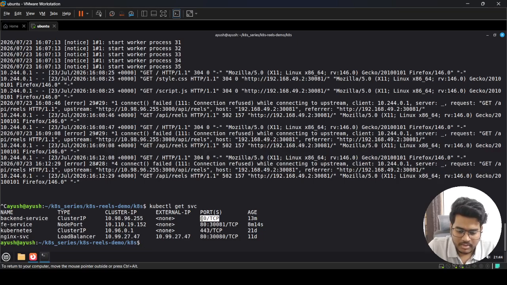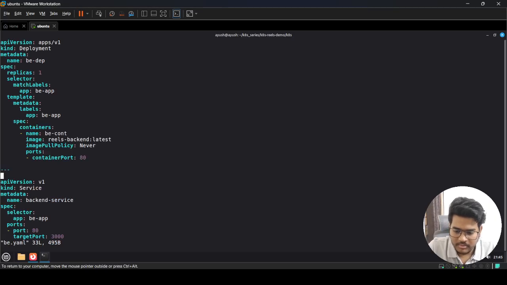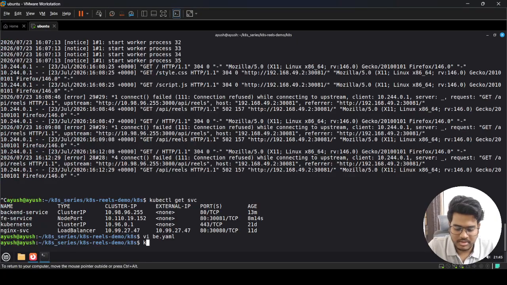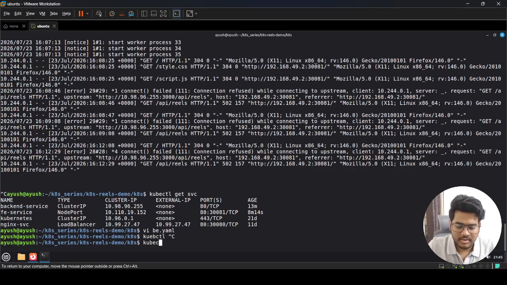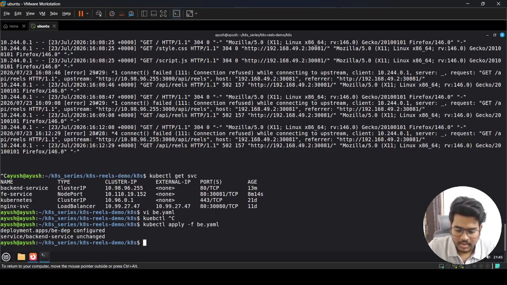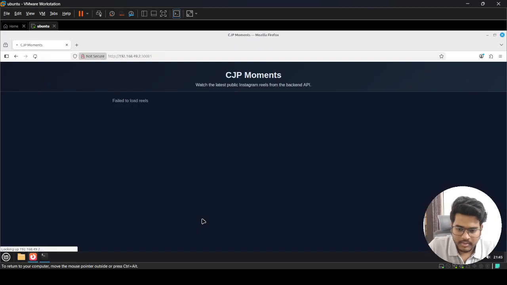So in the b.yaml, my container is running on the port 3000, so that is the reason it got changed. So just again do kubectl apply -f b.yaml, and now if I just try to reload,